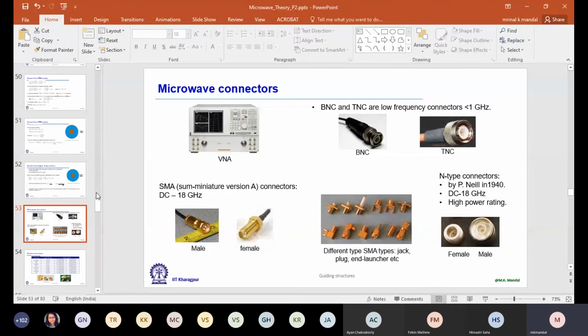You have used a CRO in the basic electronics lab. If you recall, you used two probes, coaxial cables. Even though the CROs you used in the basic electronics lab can support till 30 megahertz, you are working at much lower frequencies. But we also have a microwave CRO in our department. It's very expensive, and it also uses similar coaxial cables. But when we use it at microwave frequencies, the dielectric loss should be very small. So we can't use the same thing here. The same cable you used in the basic electronics lab would be very lossy at microwave frequencies.